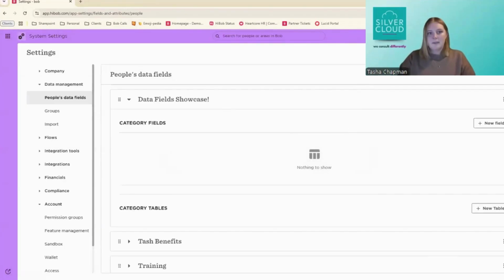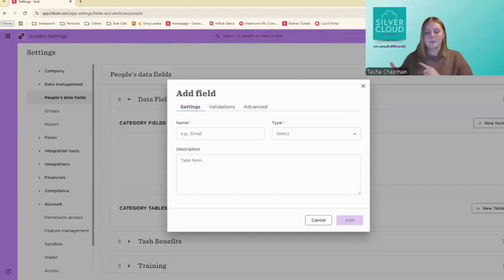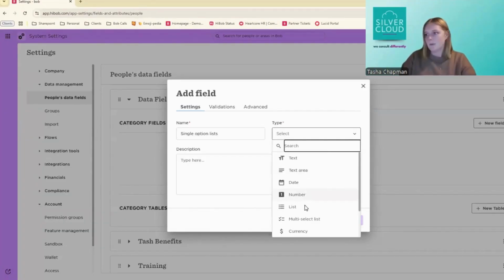So next, we have our list options. So list options and multi-lists are probably one of my favorite ones because I think they're so diverse and you can use them all in so many different ways. So I'm going to go through loads now with you and really probably bore you. So single option lists can be used for where the answer is only one thing. So within my list here,